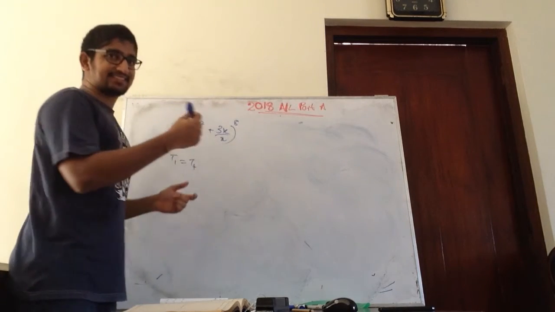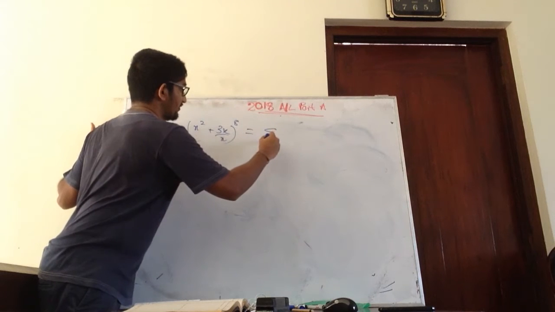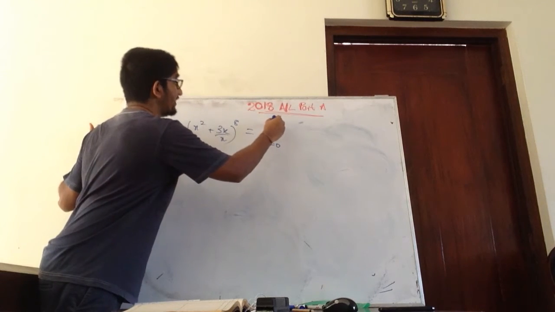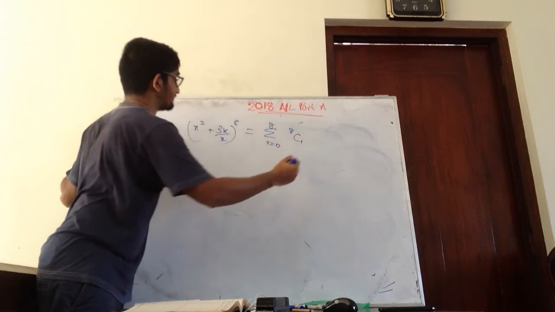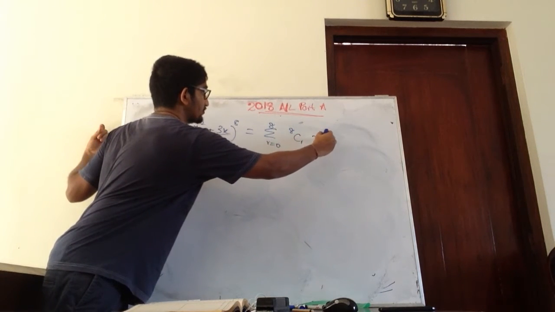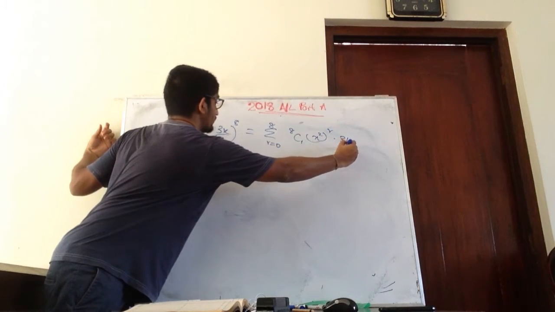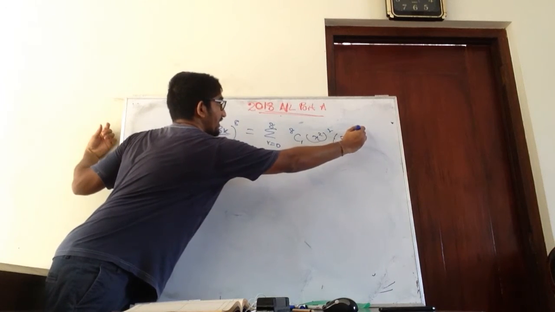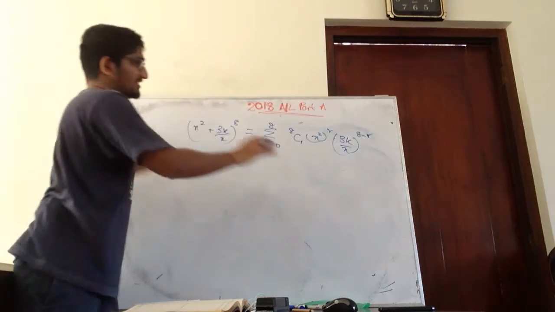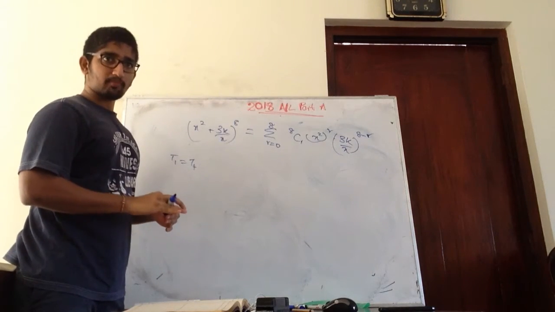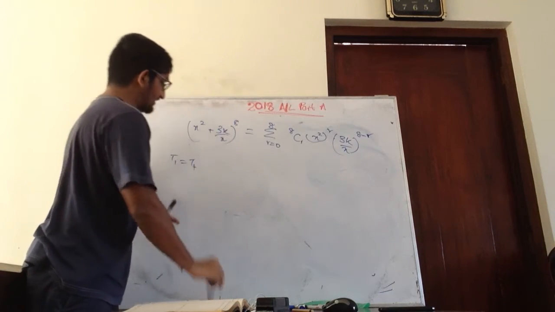So now first of all let's write this expansion down. So what is the expansion? When r equals from 0 to 8, 8Cr (x squared) to the power r, (3k over x) to the power 8 minus r. So now this is the normal form, no? Right?